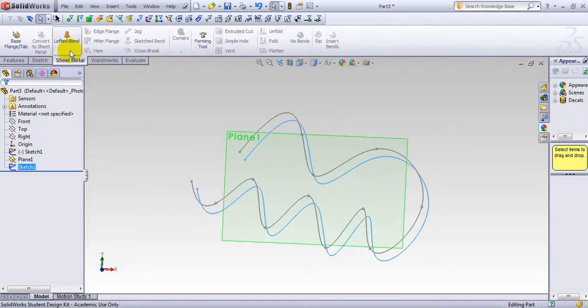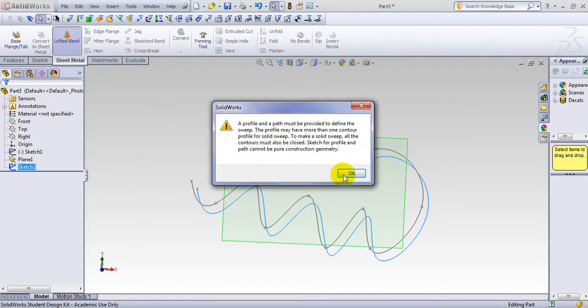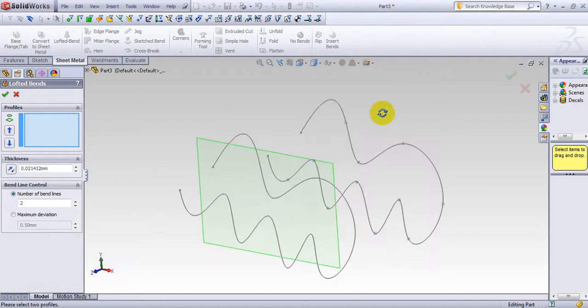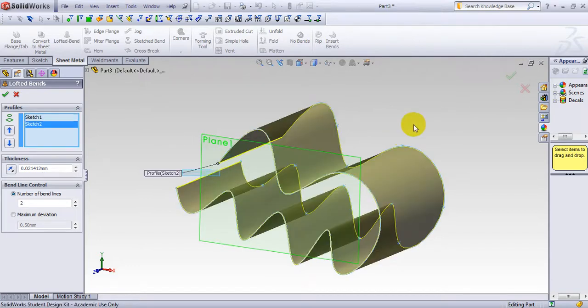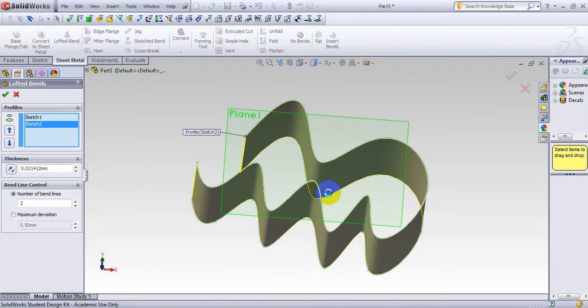And then you go to sheet metal, and here is a very handy feature. It's called lofted bend, and all I have to do is select two sketches. There are some characteristics these sketches should have, otherwise the lofted bend will not work. In this particular one it will, so I select this corner and this corner, and as you can see, very easily I can create